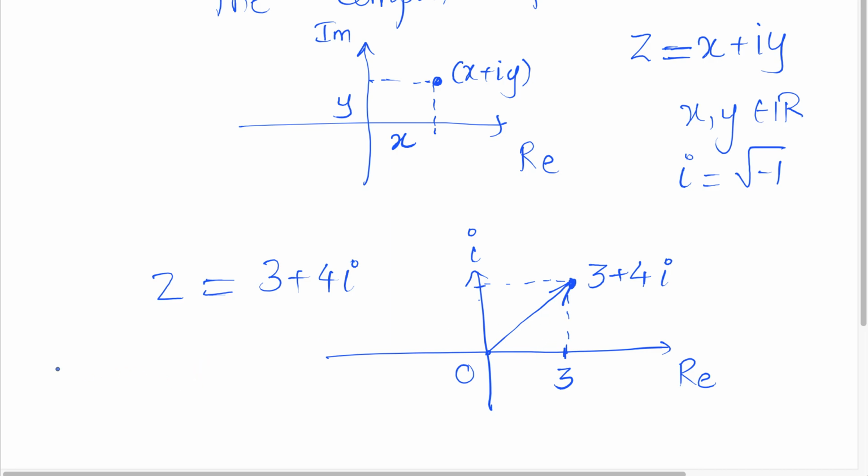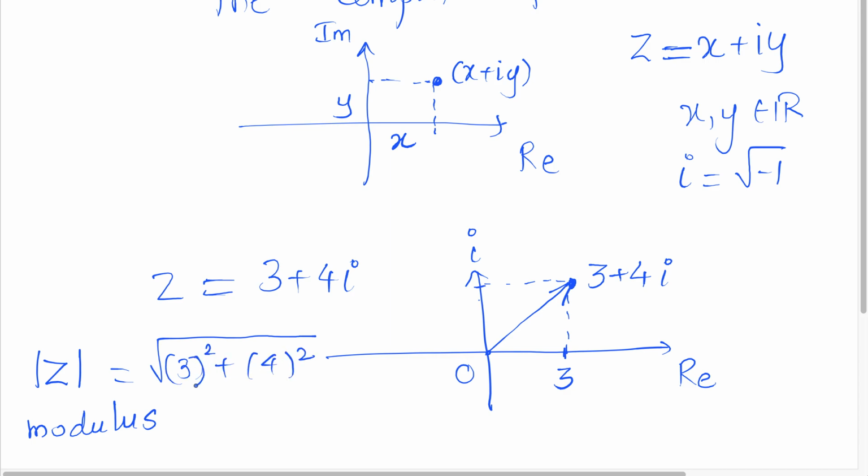So if I want to think about how far the complex number is from the origin, I represent it as mod of z, also called the modulus or the magnitude of the complex number, and it is given by square root of the real part square plus the imaginary part square. We had already discussed this in the previous video, but just to remind you, it is simply the Pythagorean theorem being used in the complex domain,